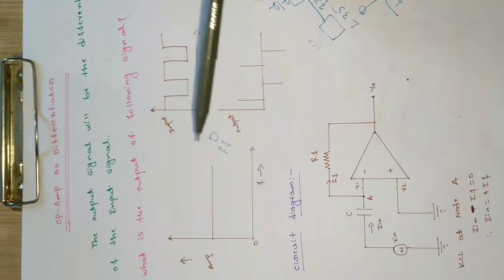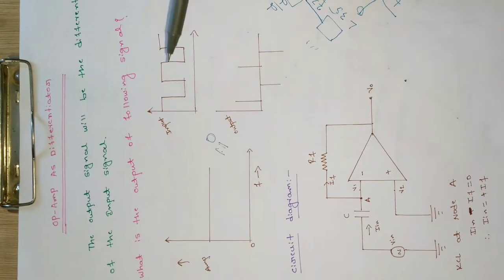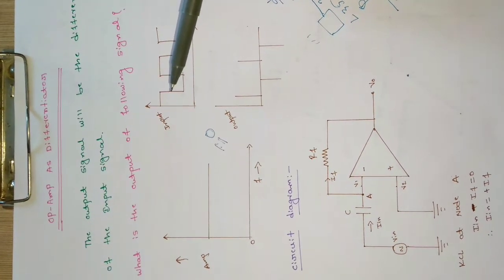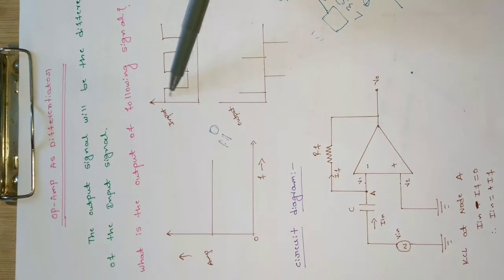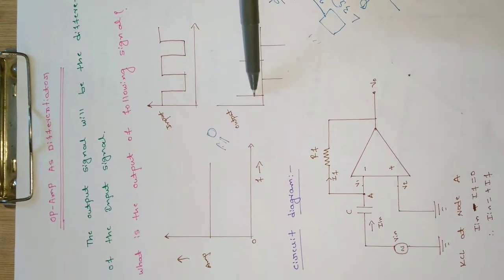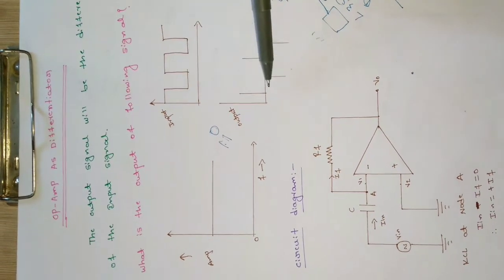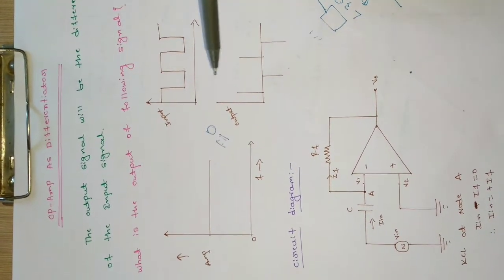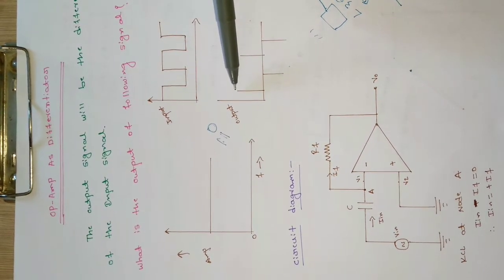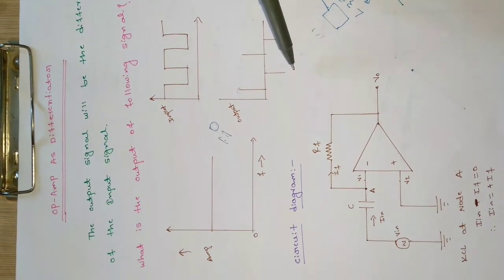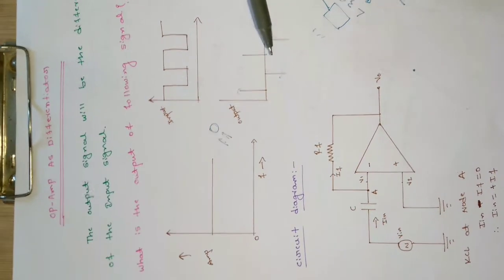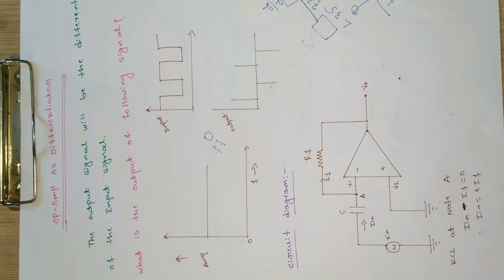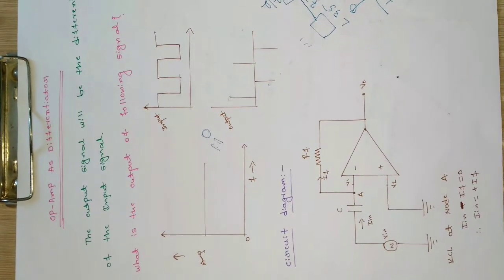Likewise, for this one the output will be equal to 0. For this one, what will be the output? The differentiator output will be the changes in the input signal. So for this one, the input changes here, so it will give a spike here. This is negative, so it will give a negative spike. For this one, again it will give a positive spike. So it is just detecting the highest and lowest frequencies. This is the highest frequency component, and this is the lowest frequency component here. Like that, we can use the differentiator to detect spikes or edges, or changes in the input signal.